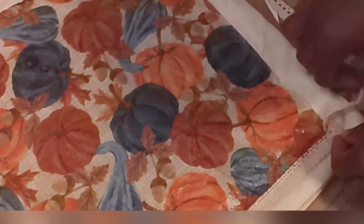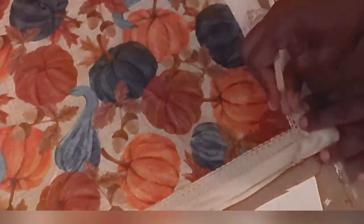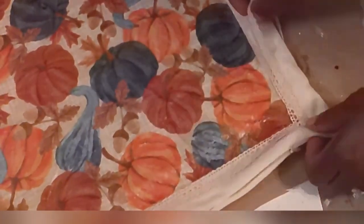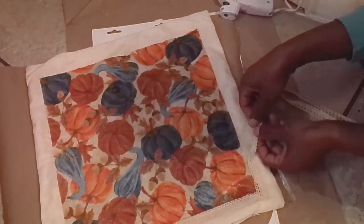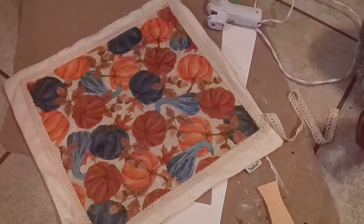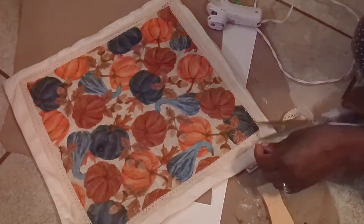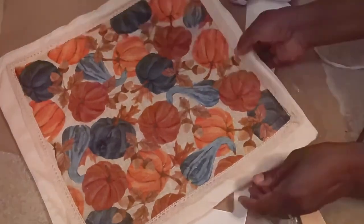And I just love the way that it all turned out, and it just looks so clean and simple. And I would say, even if you're not going to use a napkin to do this kind of DIY, I would really suggest that you go and get these napkins from Hobby Lobby, because these napkins are gorgeous. I love the way these napkins look. I love all of the colors. But yeah, I'm going to go ahead and stuff it with some of my old pillow stuffing,